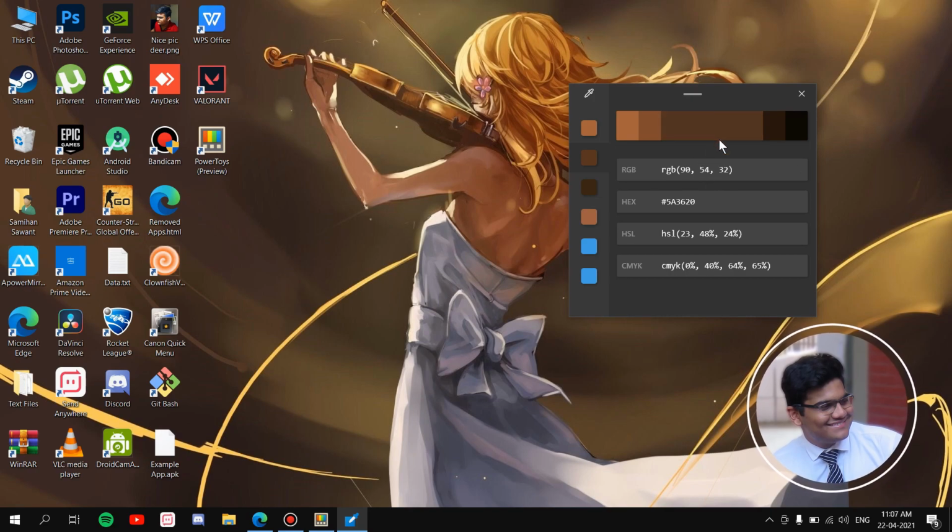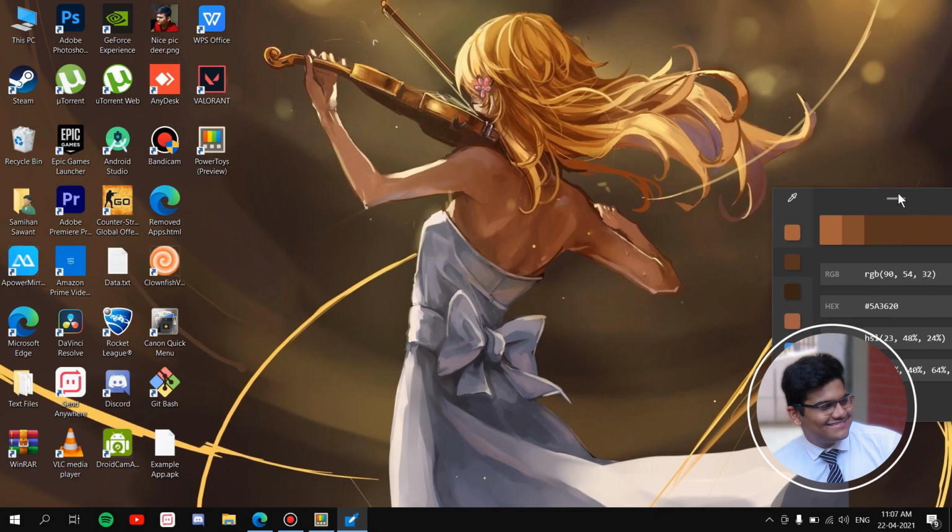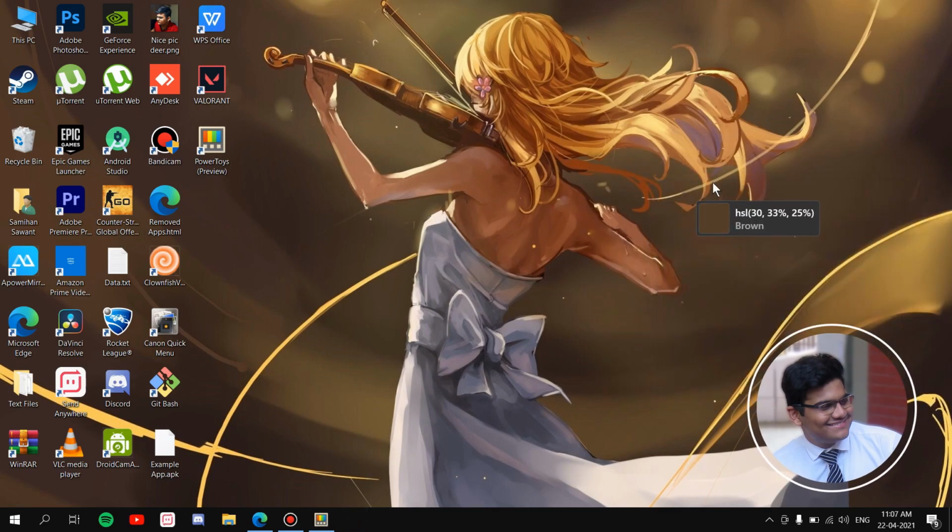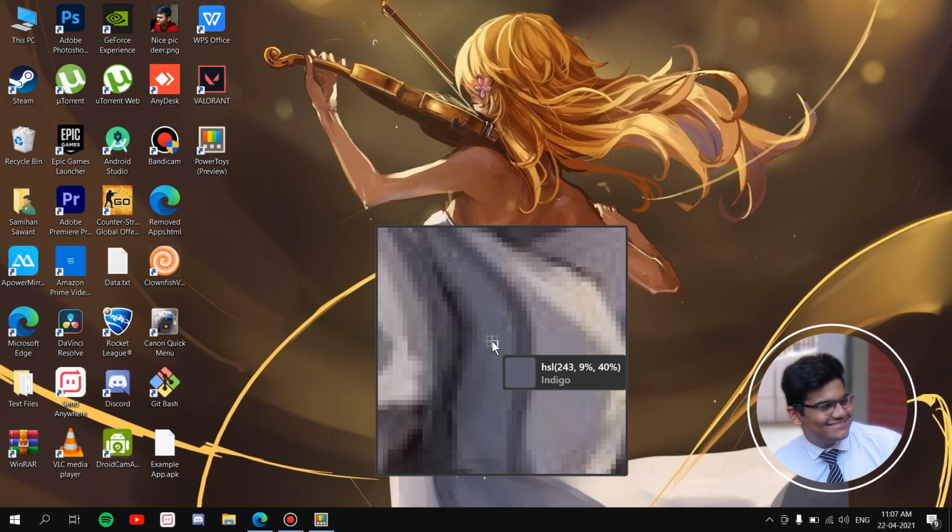And yeah, that's almost it. One last cool thing which I want to show you guys is that once you pick this one, let's say you want a very detailed color. I can also scroll up and zoom in on any pixel I want. Let's say I want to zoom in on this. Now I'm zooming in. See, I can see every single pixel, so I can pick any color which I want.